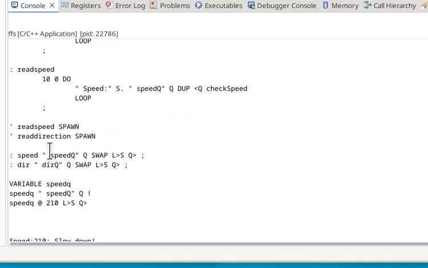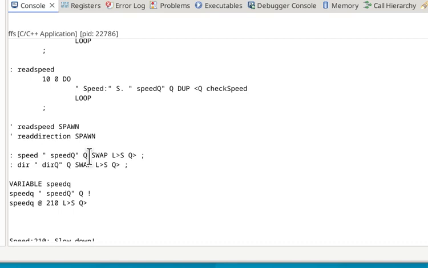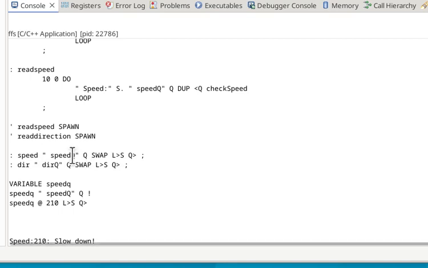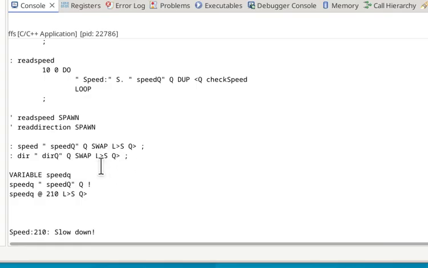Now all of this typing in the string speed queue and then the queue to get it onto the stack, etc. can be a little cumbersome, so you can place the speed queue in a variable, and you could even define a word that reads this variable and gets the value and everything. You could do all that in one go. And here you see it's reading now the variable that's called speed queue. This is not the same as the string. This is the variable, and